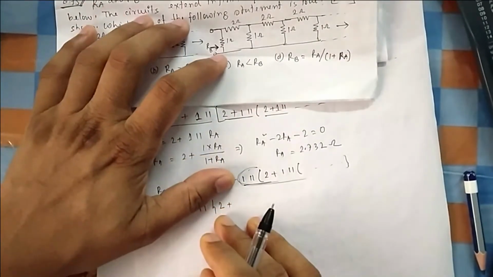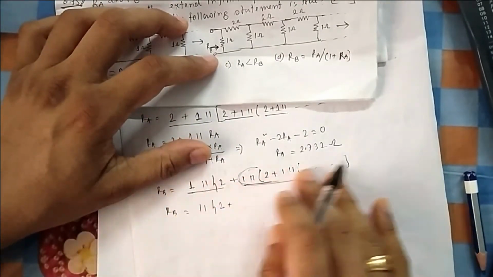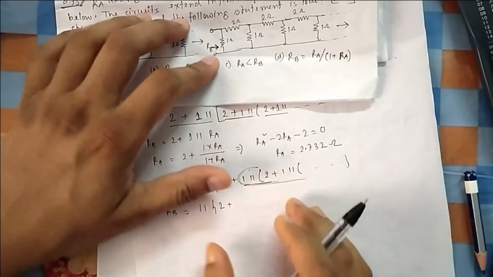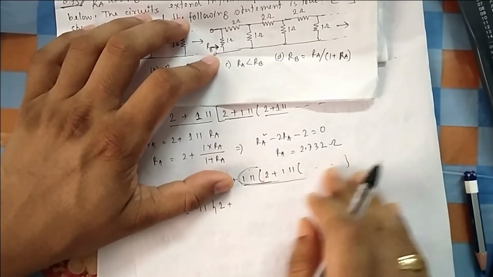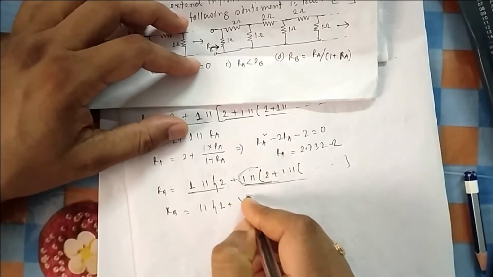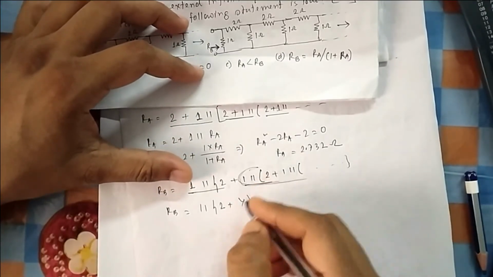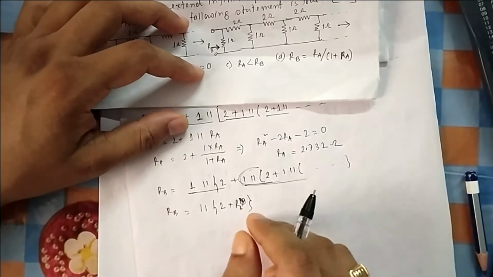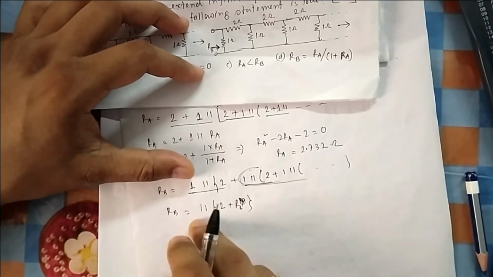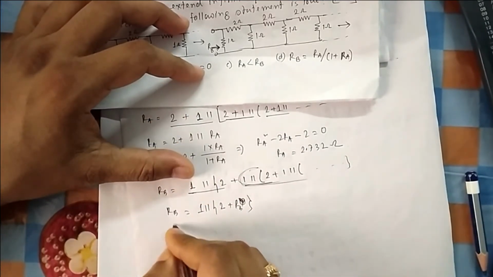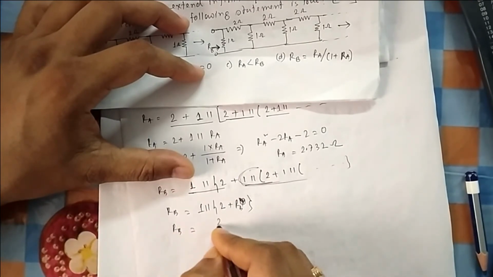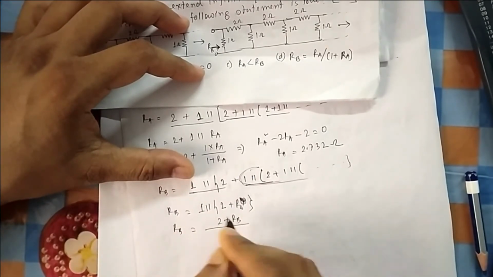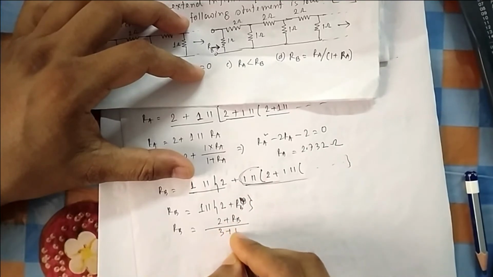If I remove this one, if I include this one, see the phase. If you remove this one, the phase remains the same. So this becomes my y, it is the same phase. Y means RB actually. I am taking out this in x, this is y. So you can easily calculate, this is 1 parallel. So it will be RB, 2 + RB by 1 + 2 + RB, that is 3 + RB.